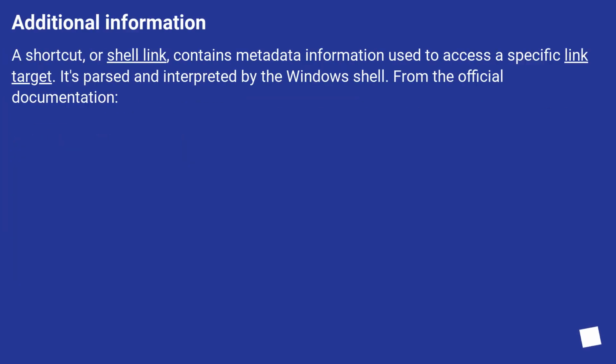Additional information. A shortcut, or shell link, contains metadata information used to access a specific link target. It's parsed and interpreted by the Windows shell. From the official documentation: